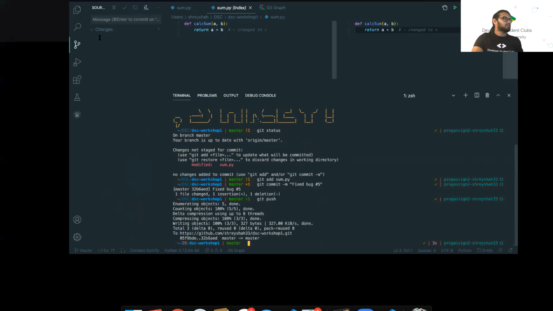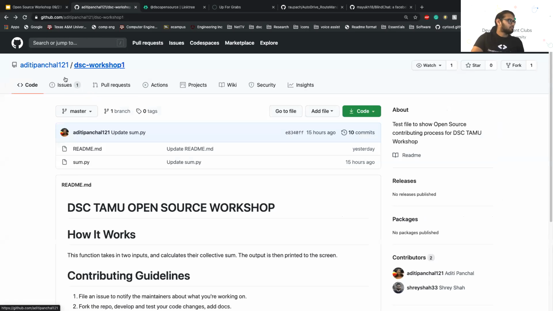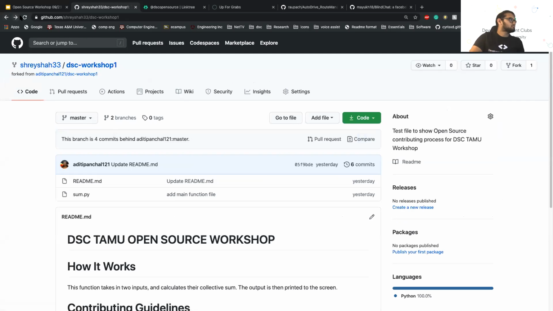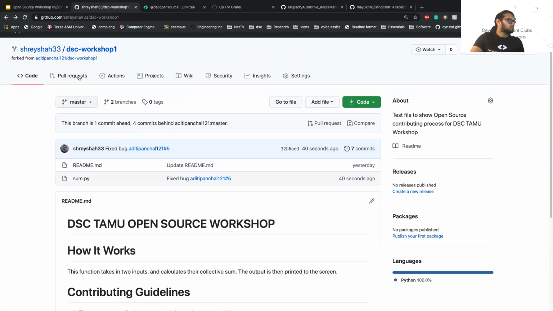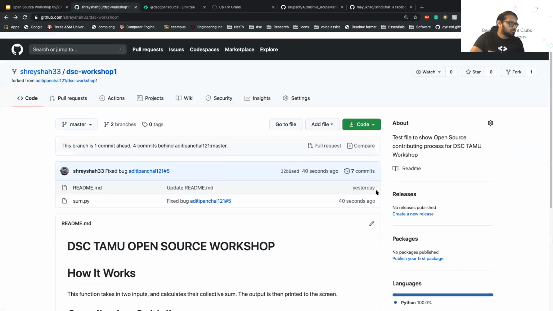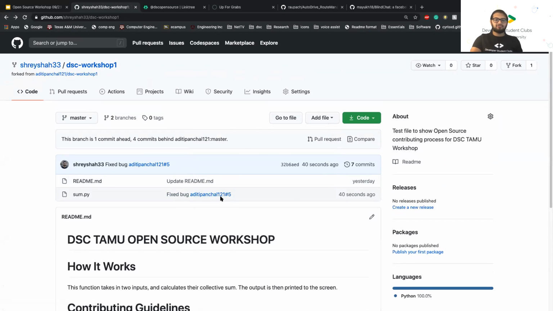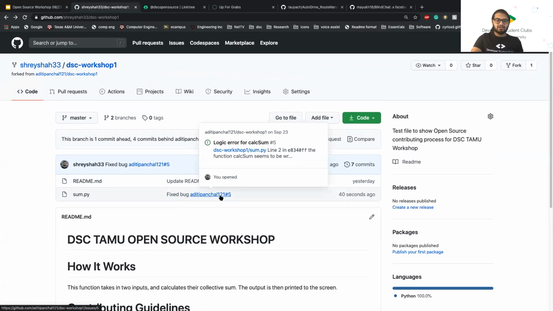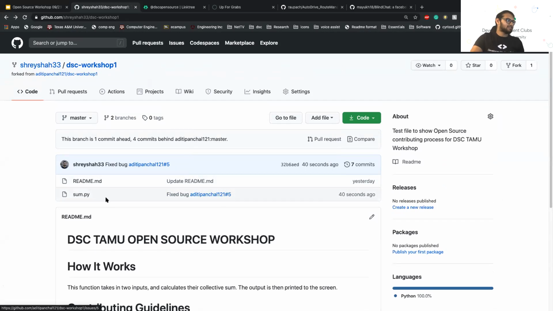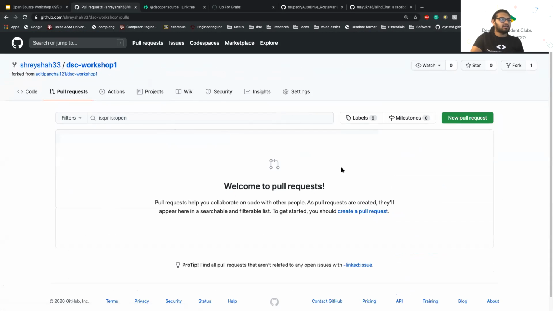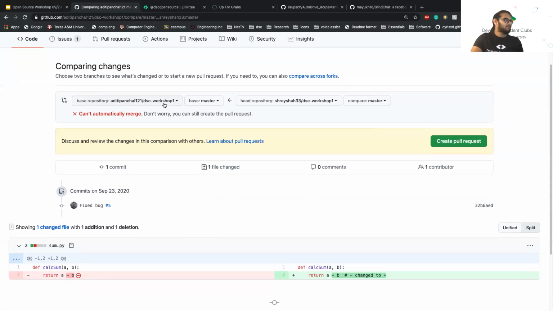So if I go back to my GitHub, how do I say? Oh, there we go. Fix bug number 5. You see that? So it actually tags it in. So it's really easy for you to view what thing fixes where. And I can actually create a pull request. What a pull request means is that,